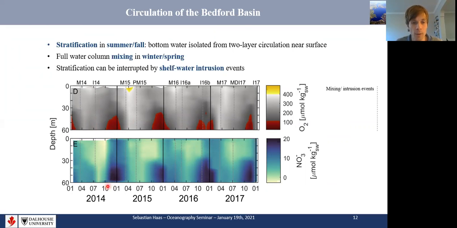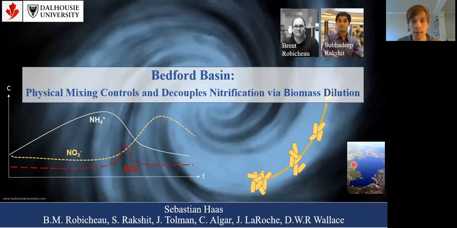And kind of the opposite picture for nitrate. Nitrate accumulates each year in the fall and winter, indicating nitrification occurring in the bottom water. And that's what we're interested in here. And this is presenting results from a paper that is under review called Physical Mixing Controls and Decouples Nitrification via Biomass Dilution. And it's come out of a very fruitful collaboration with 2 other PhD students from Dalhousie, Brent Robichaud